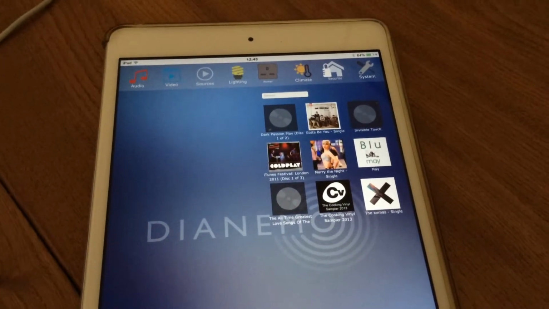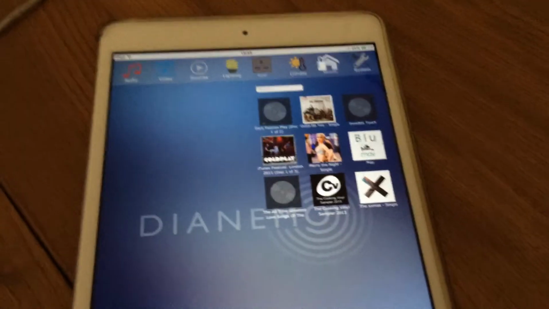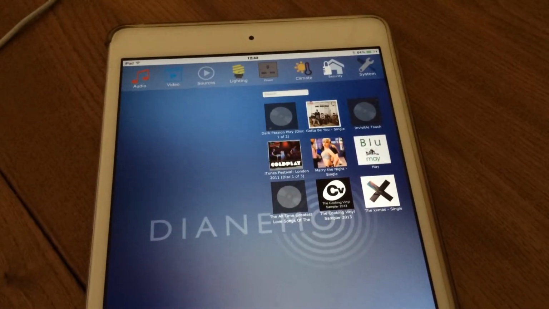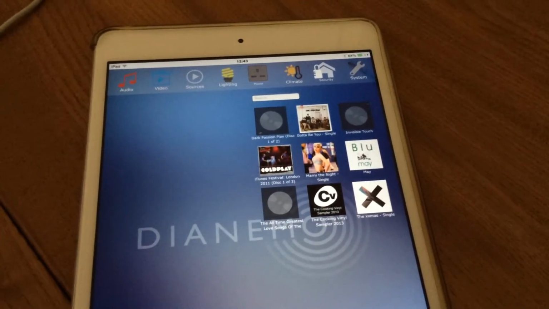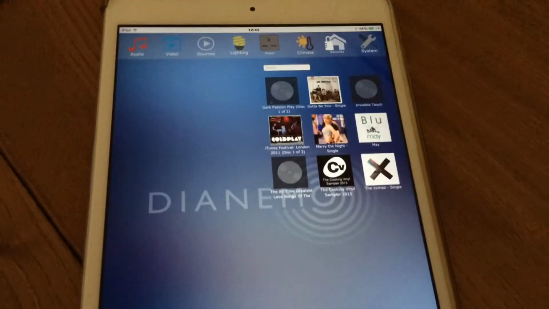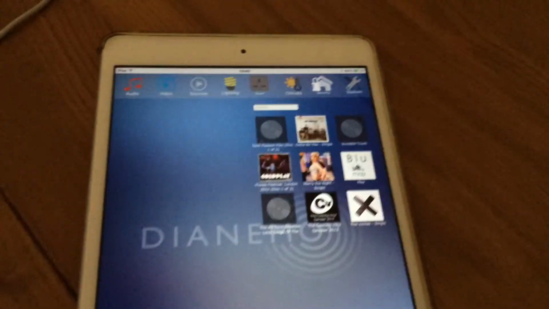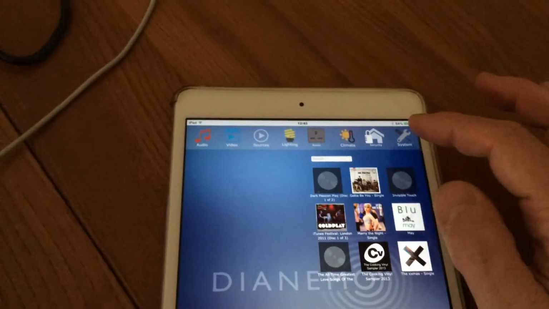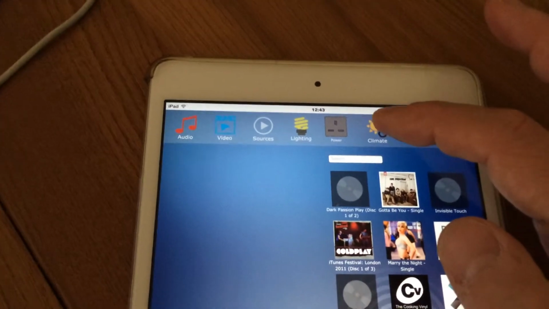Most of the stuff we're doing at the moment is work that you can't really see visually, so there isn't a lot to show you today, but I did want to show you a couple of things very quickly. So here I am in the Athena orbiter running on my iPad, and I'm just going to show you some things to do with lighting and power outlets. So I'll touch the